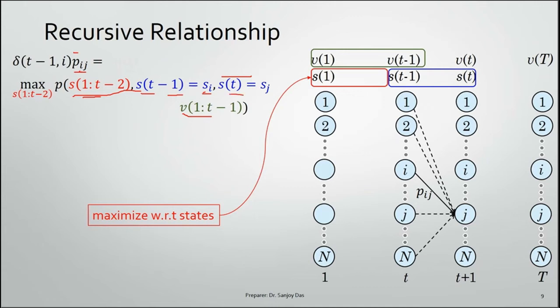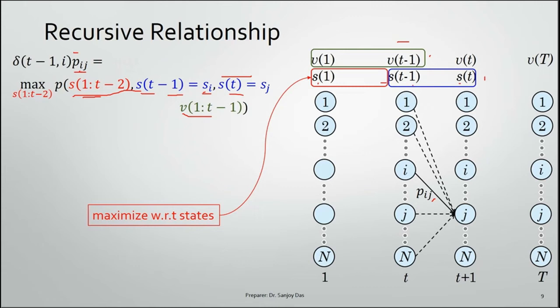This is the transition probability, and everything here is shown graphically. So the conditional probability now includes St-1, St, and the output sequence until Vt-1. Only the state has been extended to St, and we are maximizing from S1 through